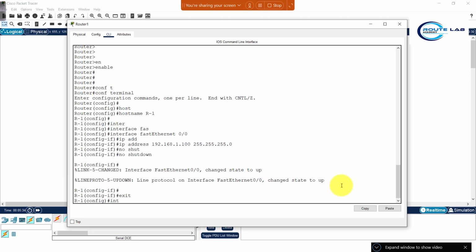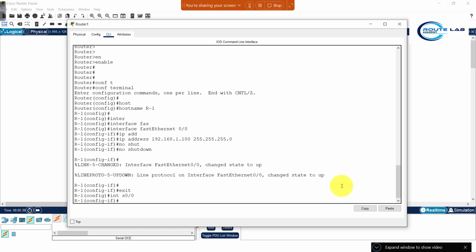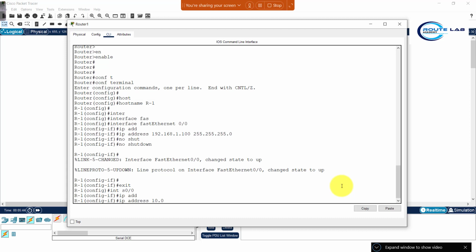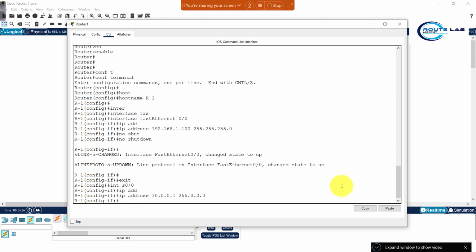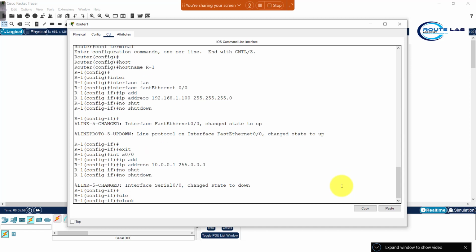And again I have connected one more interface called serial 0/0. Now here I'll be assigning the IP address 10.0.0.1 255.255.255.0, or else you can use the default C class subnet mask, and here no shutdown, clock rate